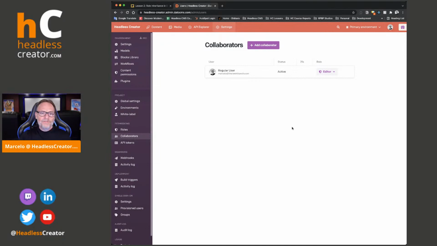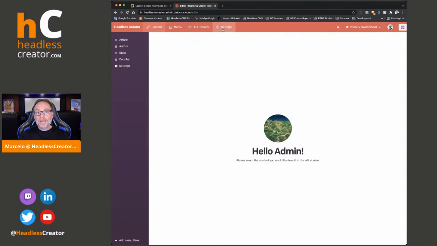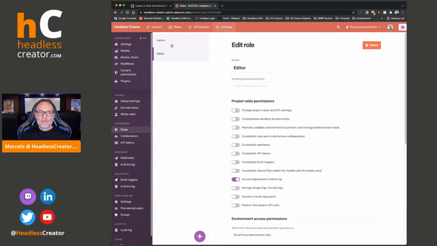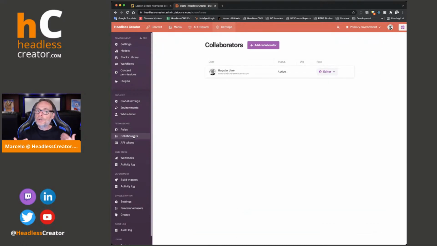All right, so where do you find roles? Normally you'll be in content, and you have to be an admin for this, obviously. But go to settings, and under settings, there are three things you want to be aware of. You have roles right here. This is where you create roles. So you can add roles, and we're going to go through this in just a minute. Then you have collaborators. Those are your users that you